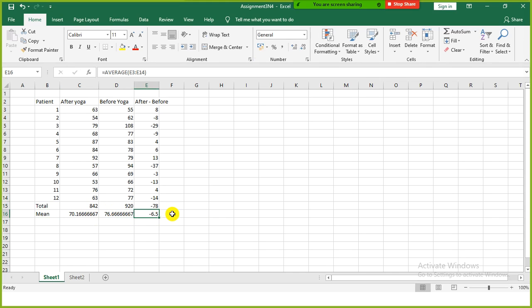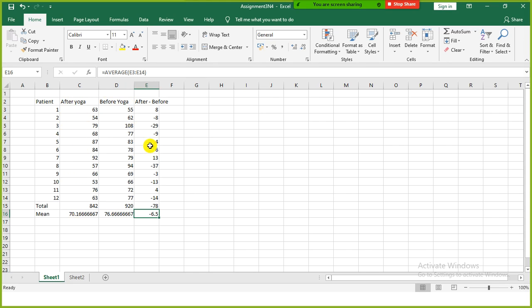Satya, one question: do we need to consider the difference between before and after, or after and before? After and before. You remember in the PowerPoint when I trained you on the paired test? There I put before here, after here, but when I subtracted, logically I put it in the correct order.